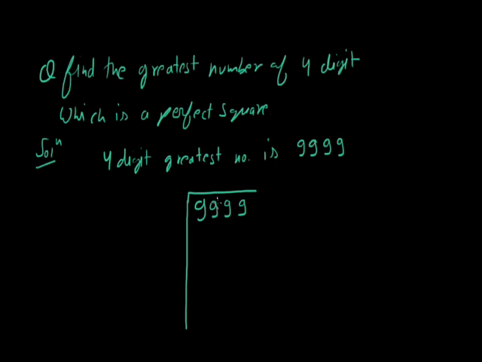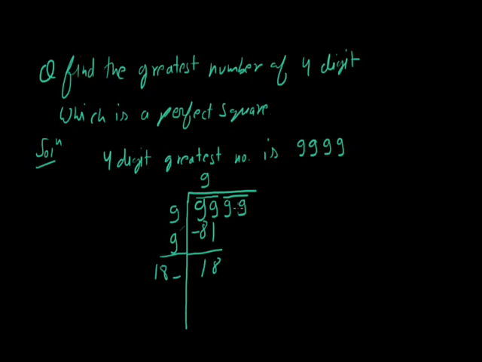Now we make pairs of 2 from the right side. Now we think of a number whose square is just near to 99. So 9 square is 81. So we subtract here 99 minus 81. What we get? 18. This is the divisor, this is our quotient. Now we add the quotient to the divisor. So 9 plus 9, what we get? That is 18. And we have one blank.